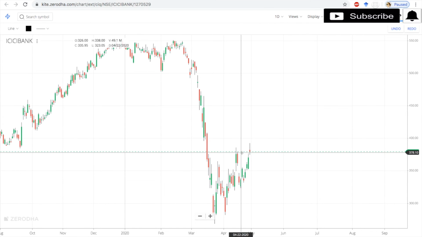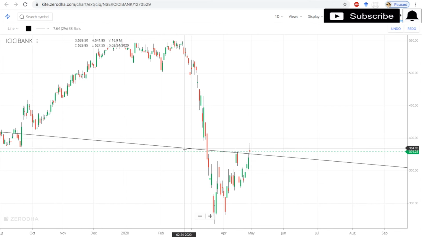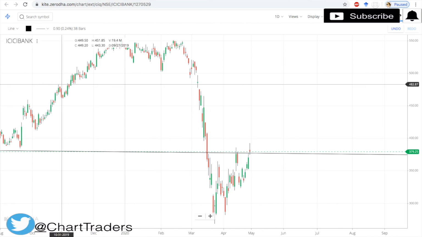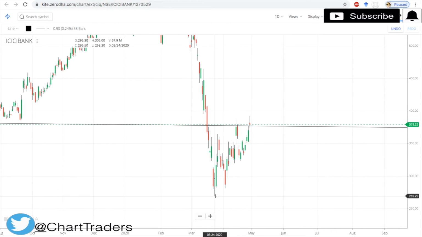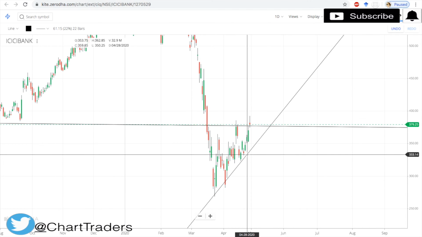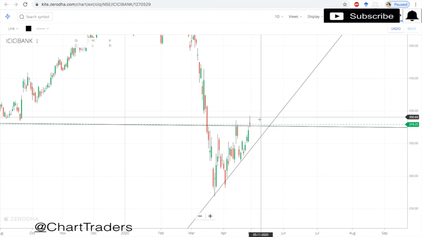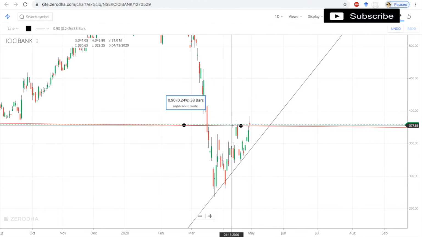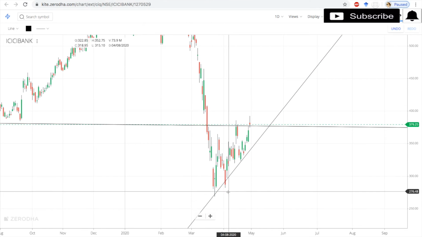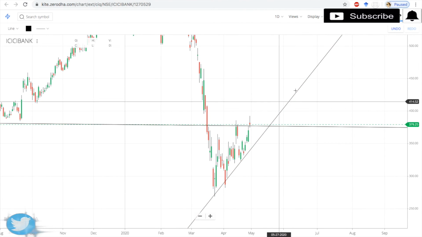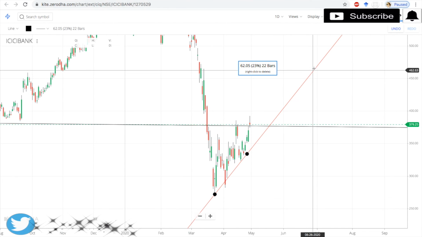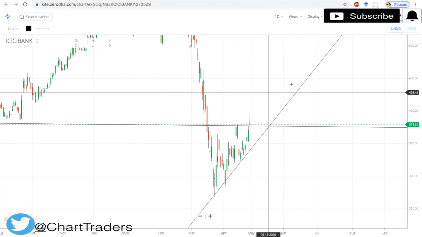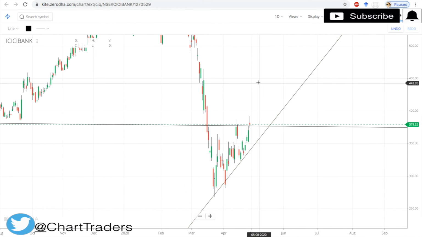It is taking resistance here, that is your horizontal line, and it is taking support on this trend line. Once the breakout happens, you can go forward. What is the target? Current high 370 to 380, swing low 280, around 100 points. So from here the ICICI Bank target is around 480. It is on a daily chart, so it is not intraday, it is for investment.